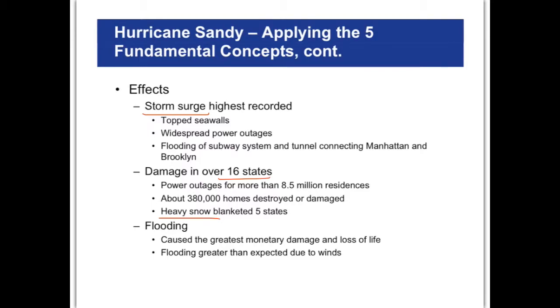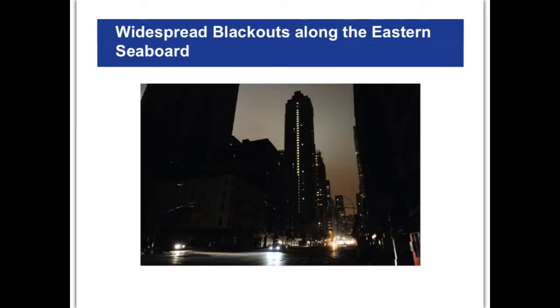And I mentioned already the flooding that was associated with Superstorm Sandy. And all the various different homes, and I think you may have seen the roller coaster that was on the Jersey Shore that was out in the ocean. So a lot of damage done by flooding and the heavy rains. Because what New York City looks like in the event of a blackout, it's not a complete blackout because a lot of buildings have backup lights, but it's pretty darn dark compared to the way it usually looks on a